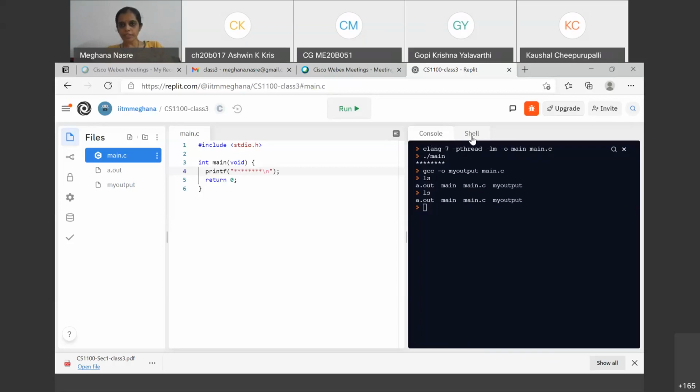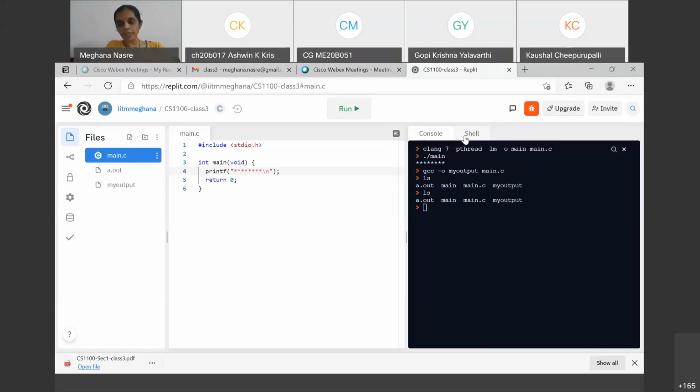But at the moment, you can use the same commands. That is, you can do ls here and you will see the same things. You can do gcc main.c and you should be able to do the same things here. I think it may provide most of the things that Unix provides in the shell. I'm not sure about it in the console. I admit that I have not explored it completely.